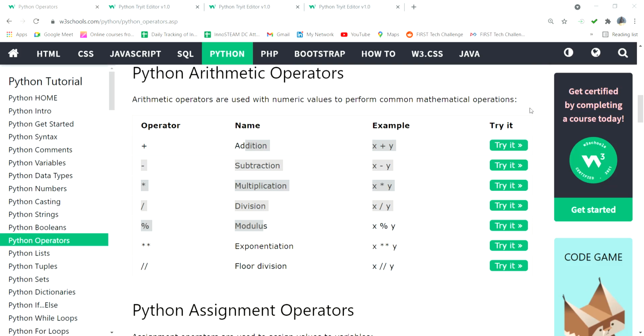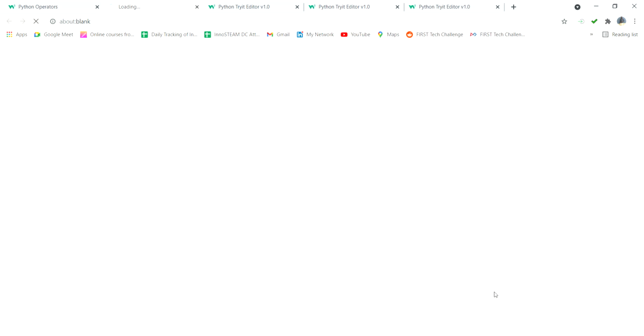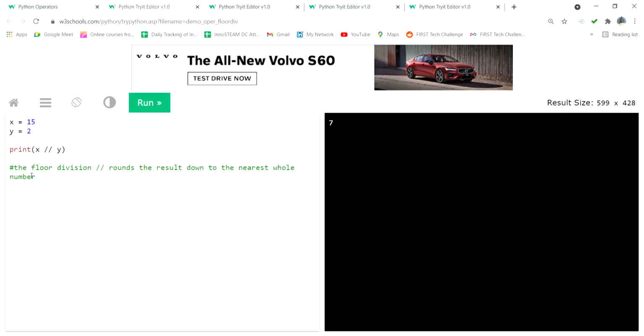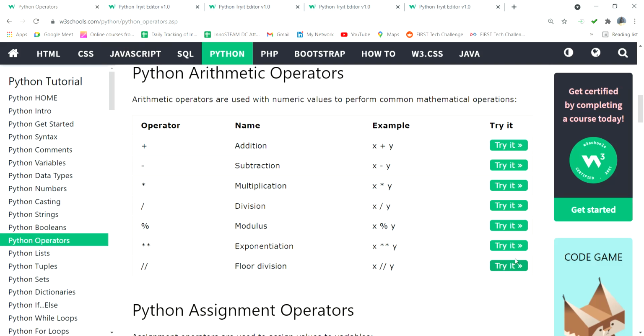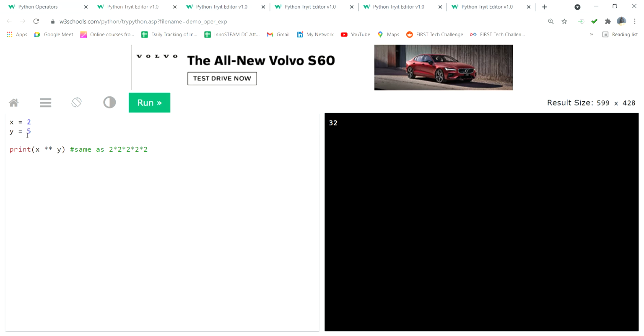I'm telling, wait. So floor division, what is the meaning of floor division? You can see the floor division rounds the result down to the nearest whole number. Exponentiation, right? Exponential means it is a power value.